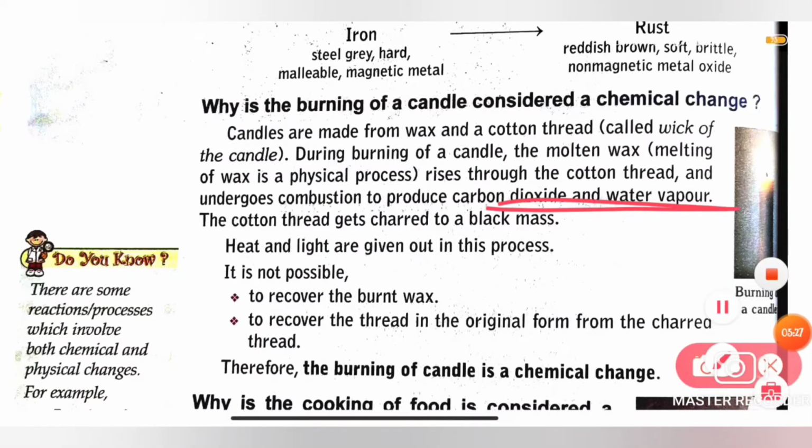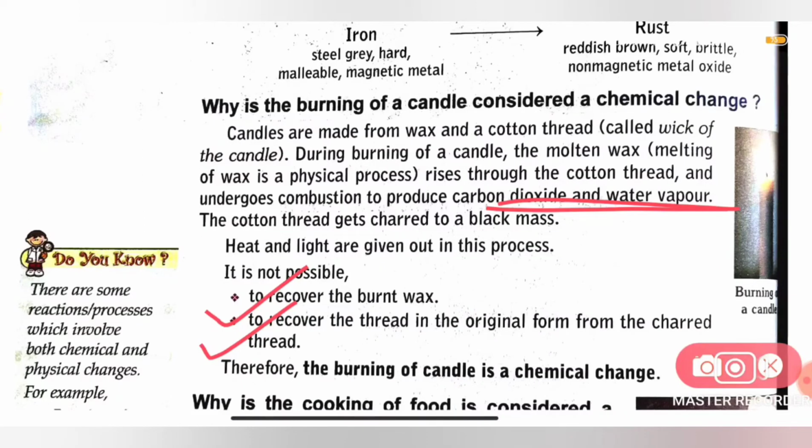So we cannot get back that burnt wax, and we cannot get back the thread also in original form. So that is why it is a chemical change. যে পরিমাণ ক্যান্ডেলটা burn হয়ে গেছে বা যে থ্রেডটা burn হয়ে গেছে, আমরা কিন্তু সেটাকে আর ফিরিয়ে আনতে পারি না।